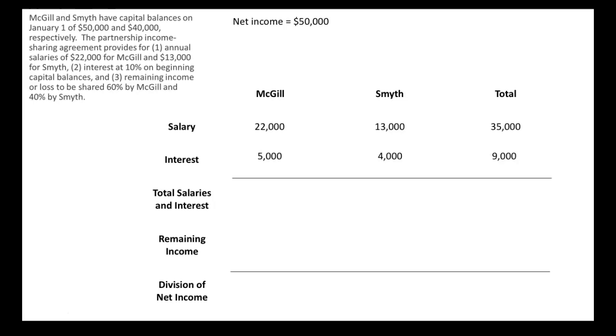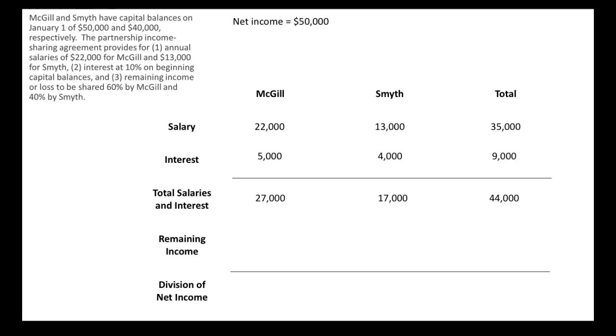Our next line is total salaries and interest. All we're doing is adding down, right? So 22,000 plus 5,000 for McGill to get 27,000. Smith, 13,000 plus 4,000 to get 17,000. And then in our total column, we could take 35,000 plus 9,000 to get 44, or we could also add across where we do 27 plus 17. Either way, you'll get 44,000 in that total spot. Now that 44,000 is a pretty important number here,